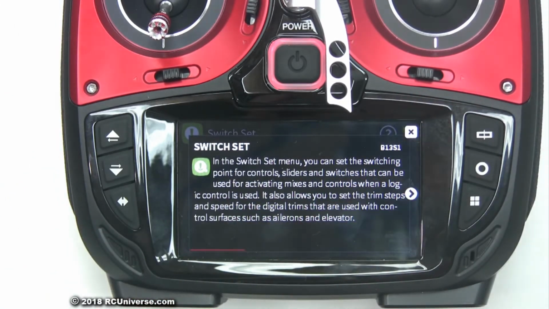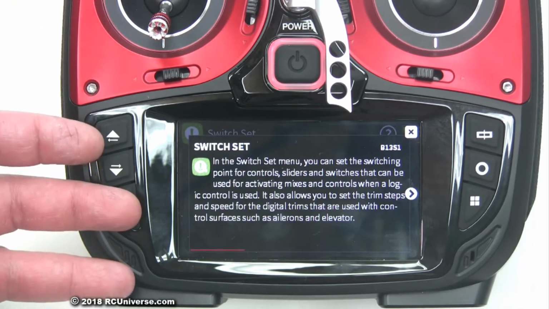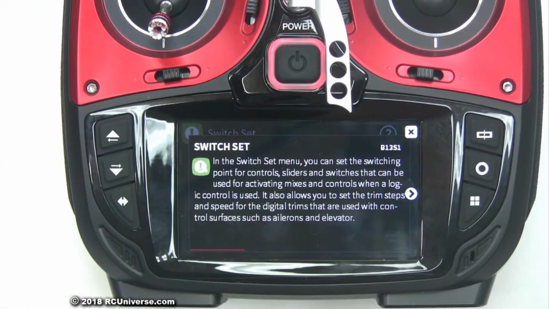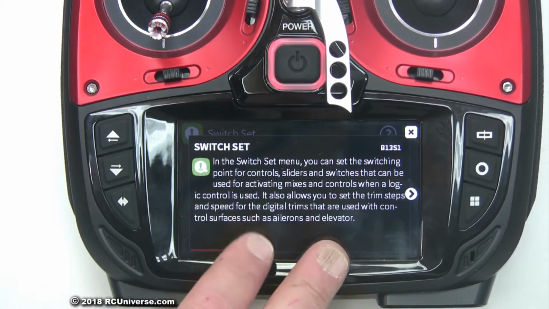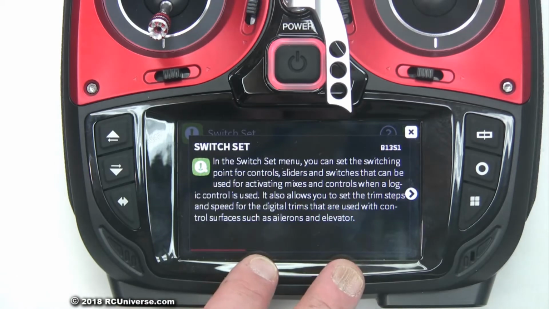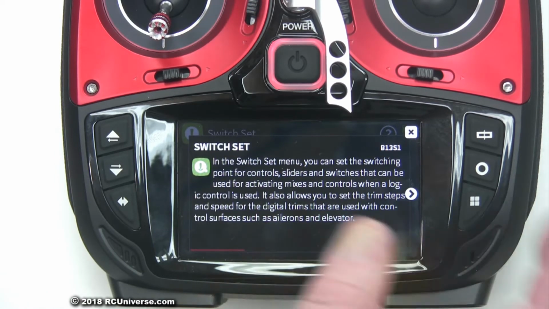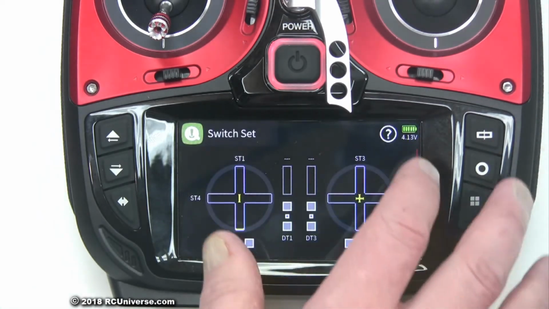You know, the transmitter does come with a basic, quick start type manual. It's a 49-page manual. Now, really, for a transmitter of this caliber and this many options, 49 pages isn't really going to cut it. That's why this help menu is so important, because this is going to give you a lot of the instruction and direction that you'd get in a manual. So it's pretty cool. We'll get out of there